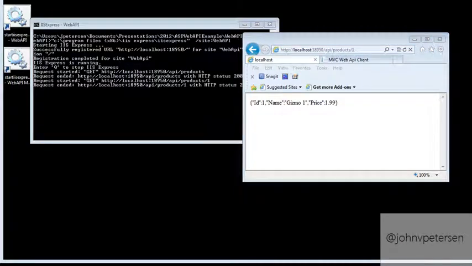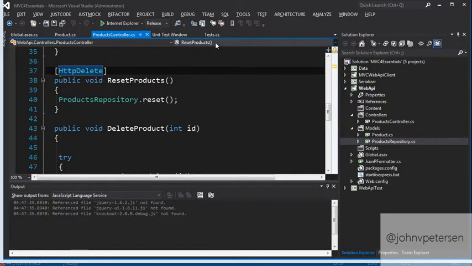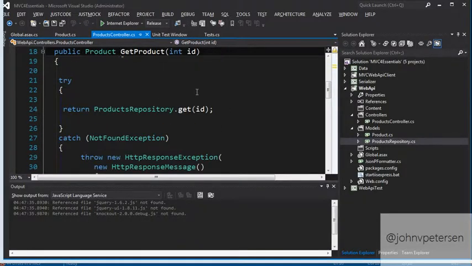If we go back over to Visual Studio and we go into the get product for the ID, notice what it's returning. It's bound to product. So inside the API, it's doing its own serialization and deserialization. It takes care of it for us, and it does it with the binding. So in a very raw fashion here, I don't have to worry about it.